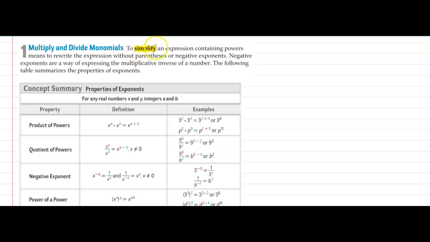In order to simplify an expression, because that's the kind of verbiage you're going to see on a test or a standardized test, if it tells you to simplify the expression, it means we do not want any parentheses or negative exponents. Negative exponents are a way of expressing the multiplicative inverse of a number. However, we are not going to have negative exponents in the final answer. All the exponents will be positive. So let's take a look at the first